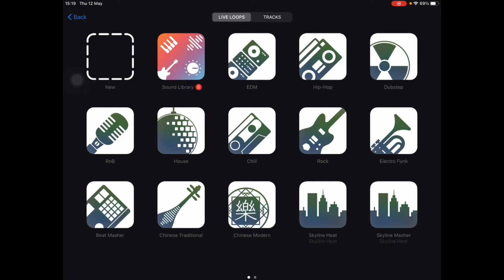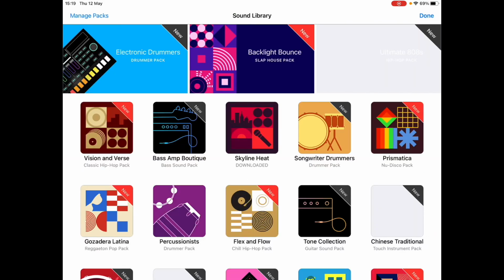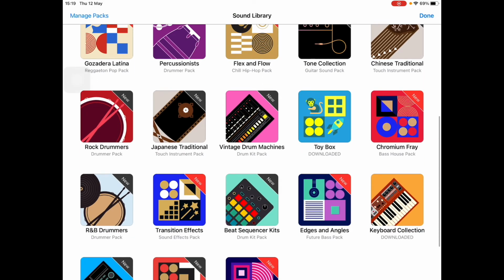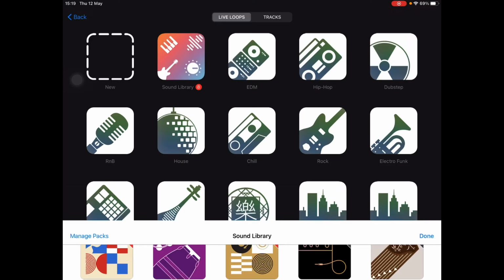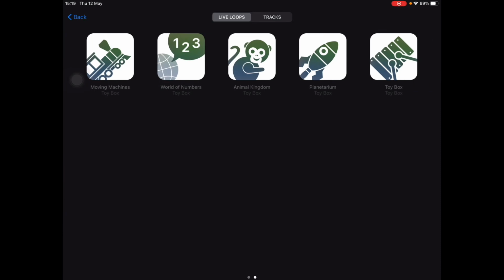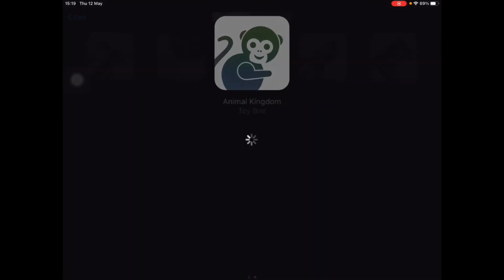For example, I have downloaded the section in the sound library that says Toy Box. Toy Box is one that is particularly good for children to use. When you've downloaded it, it will appear on the second page of options here. So, as an example, if I click on one of them, let's say I'm going to click on Animal Kingdom here,